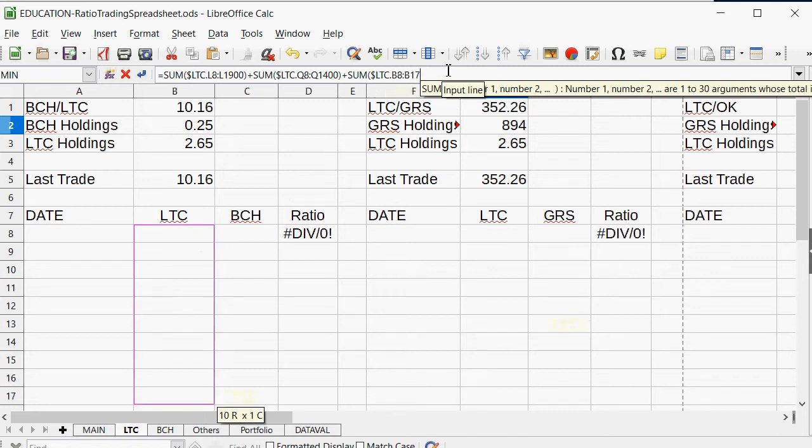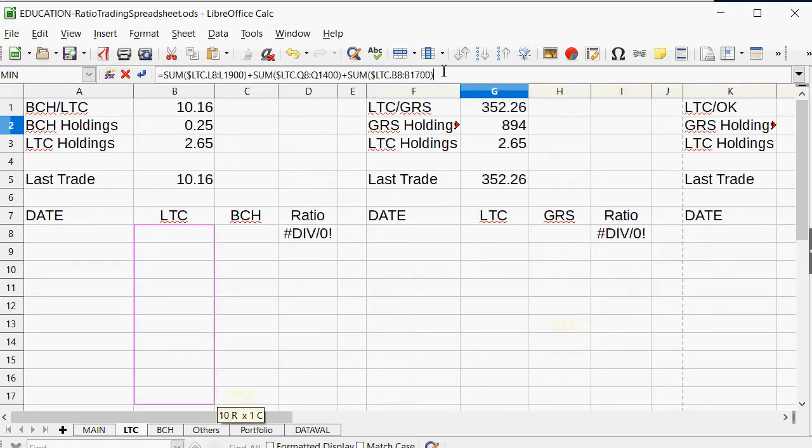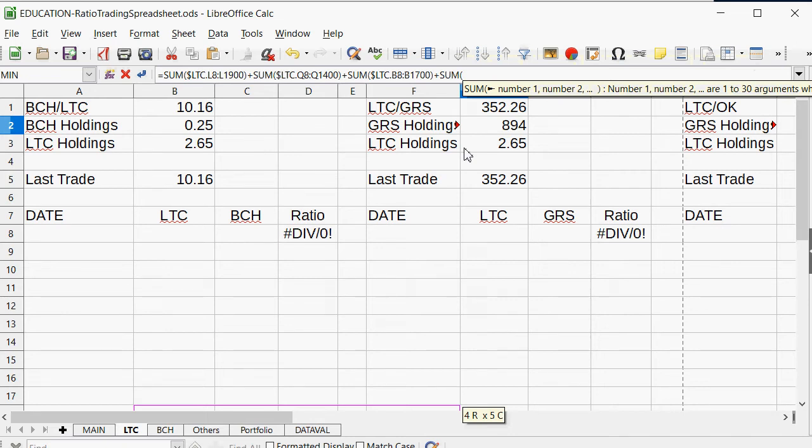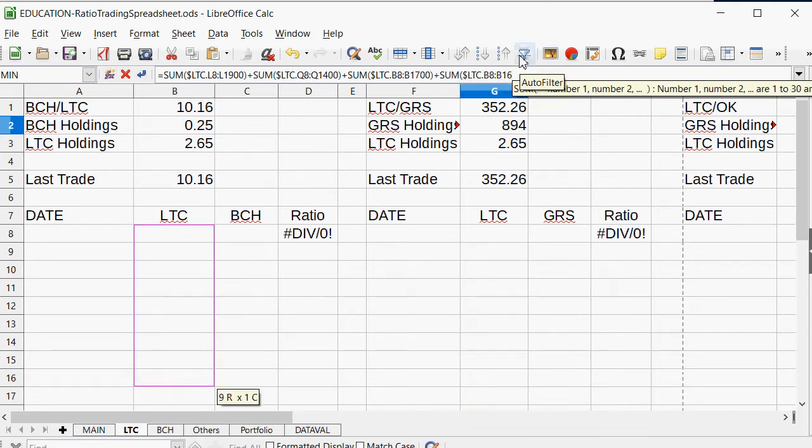Why do I only have 3? 1, 2. Okay. Well, I have done the sums of columns Q and BB. So I want to get all the sums in here. So this is BB, Q, and